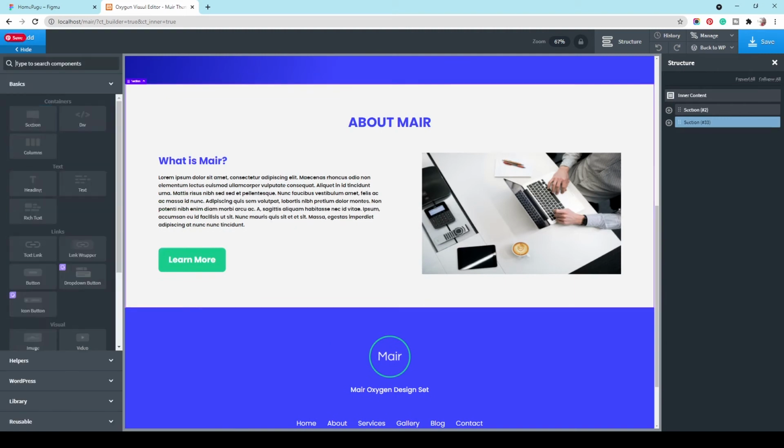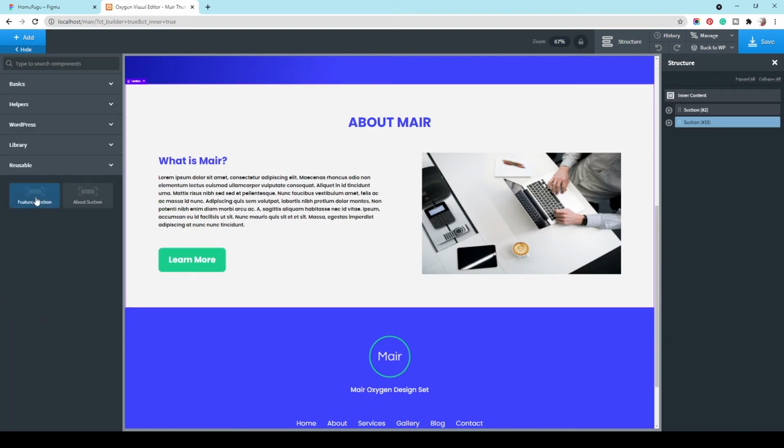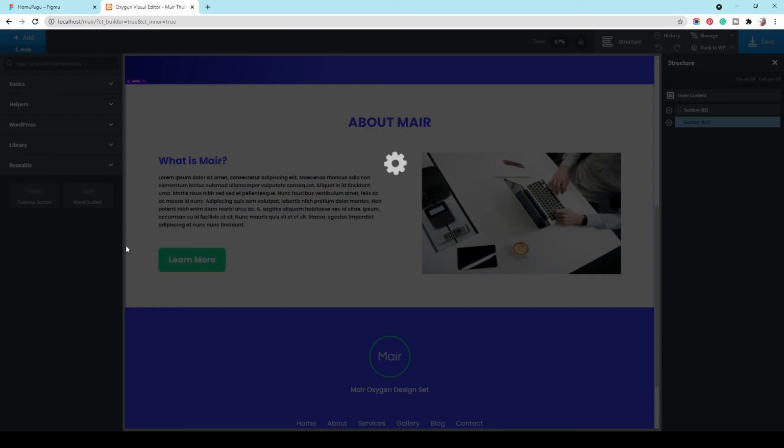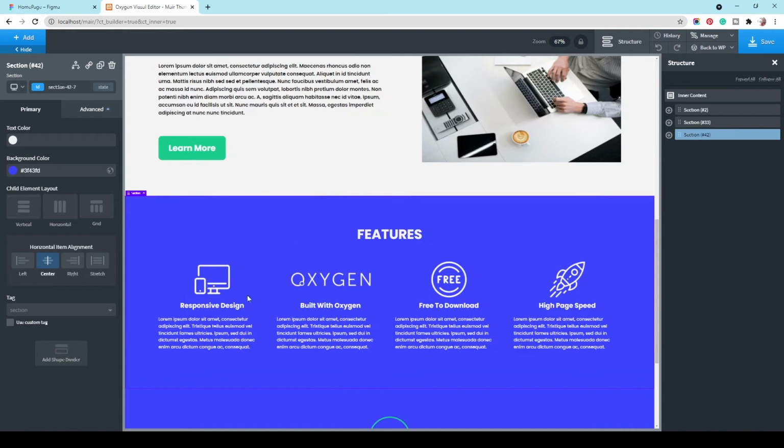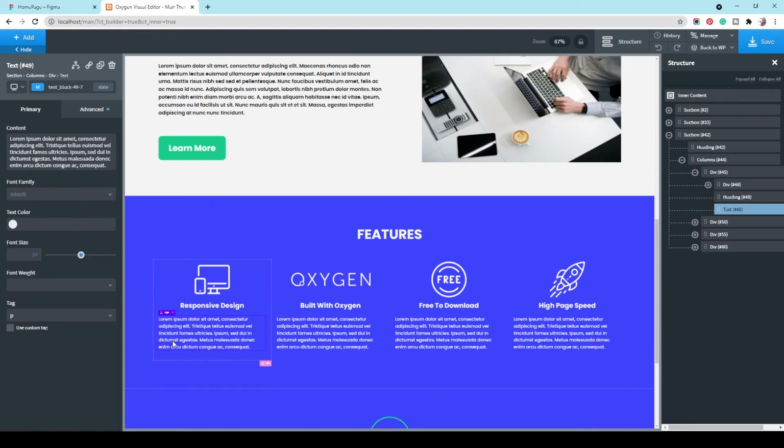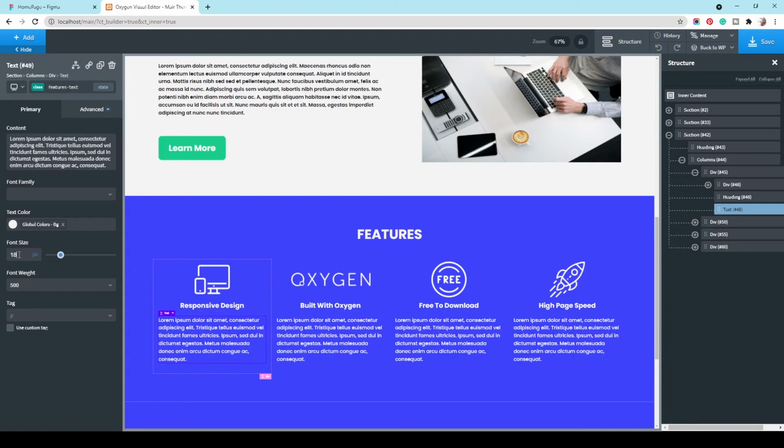Add a new section, oh sorry, a reusable part, features section, editable, and we've got it right here. So the text, oh, this is too small for me, so let's change that to 18,